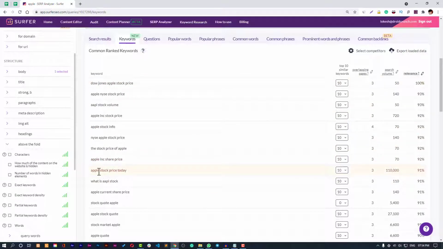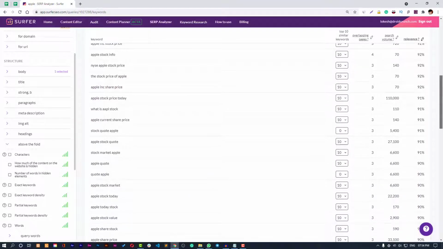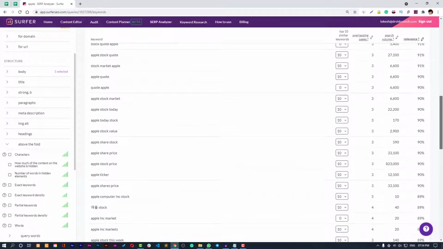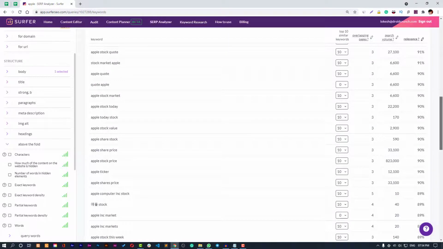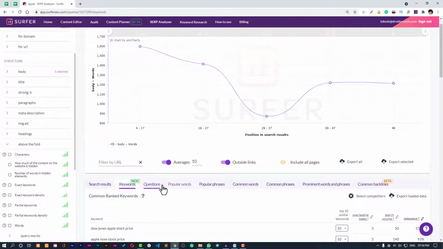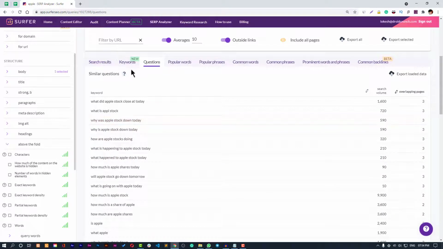You can see that there's crazy demand for a keyword like Apple stock price today. There are many investors out there who want to invest in Apple, or maybe they want to check the current position. So that's crazy. This is how you can utilize the keywords.